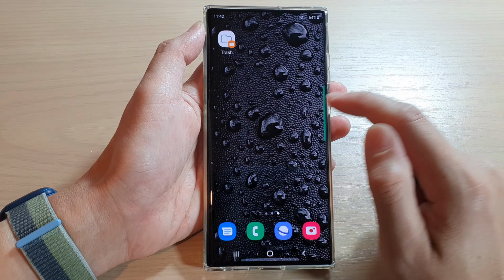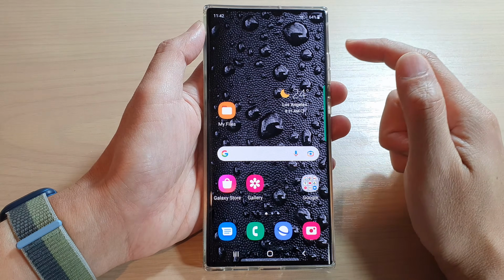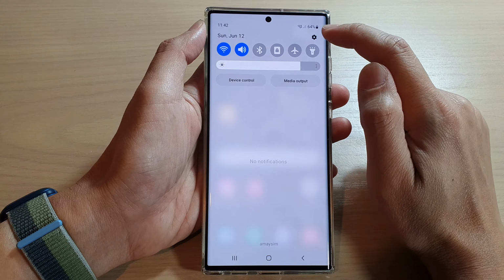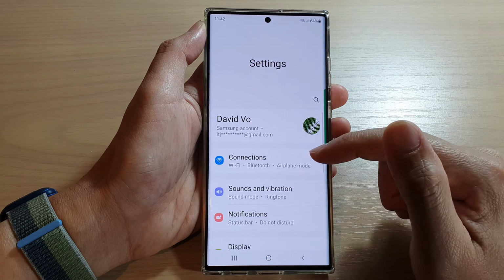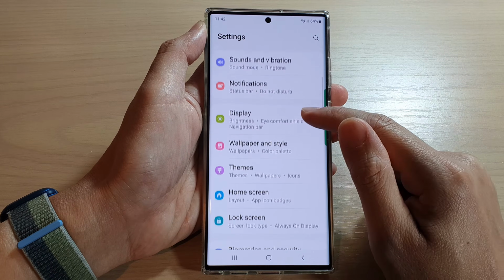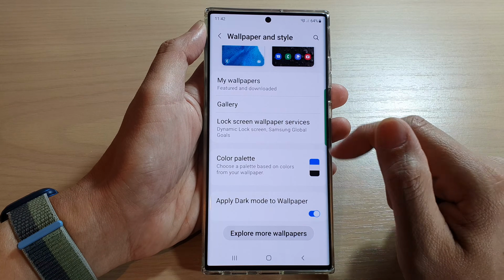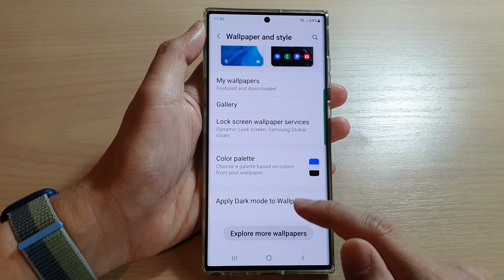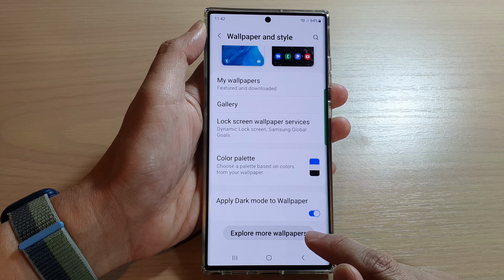First, tap on the home button to go back to the home screen. Then swipe down at the top and tap on the settings icon. In settings, you want to go down and tap on wallpaper and style. Then in here, if you want to download more wallpaper, you go down to the bottom and tap on explore